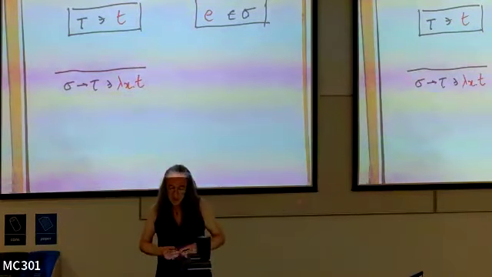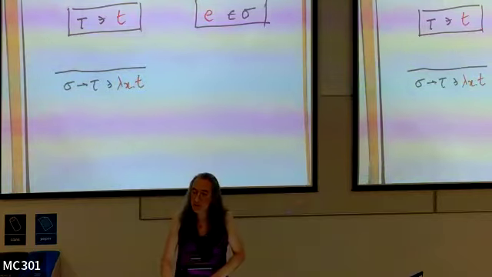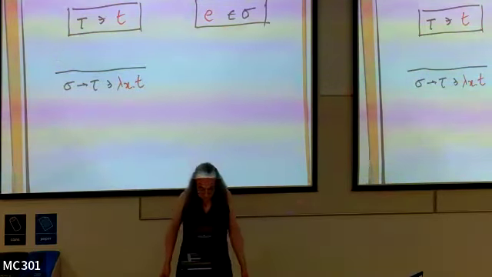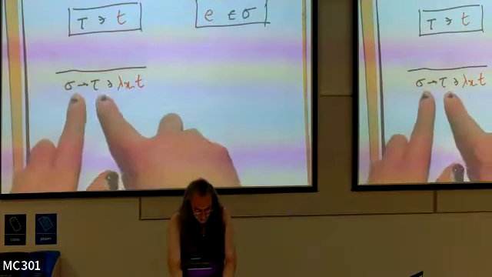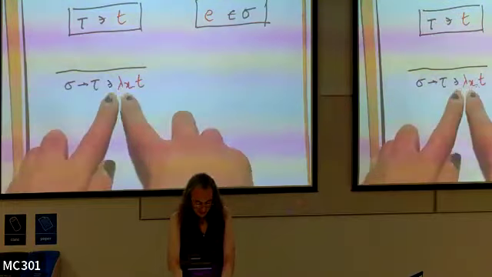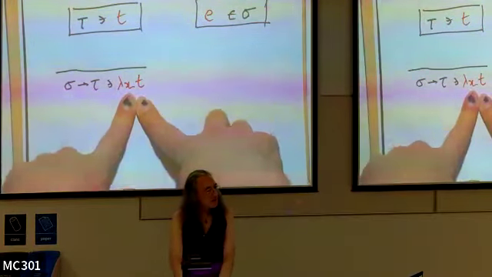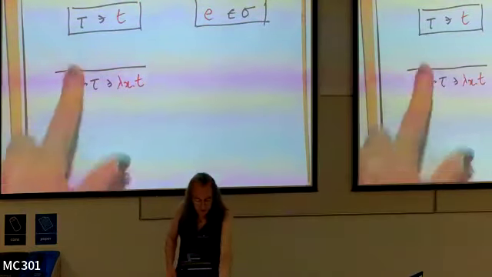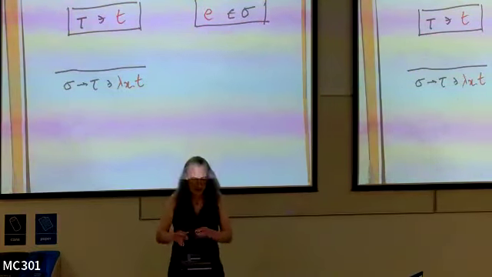Note, I'm not writing type annotations on my function. I mentioned that earlier. So I want to say that a type, if it happens to be a function type, will accept a lambda term under certain conditions. And the conditions that have to hold for this to be true, I write above the line. And I'm going to write